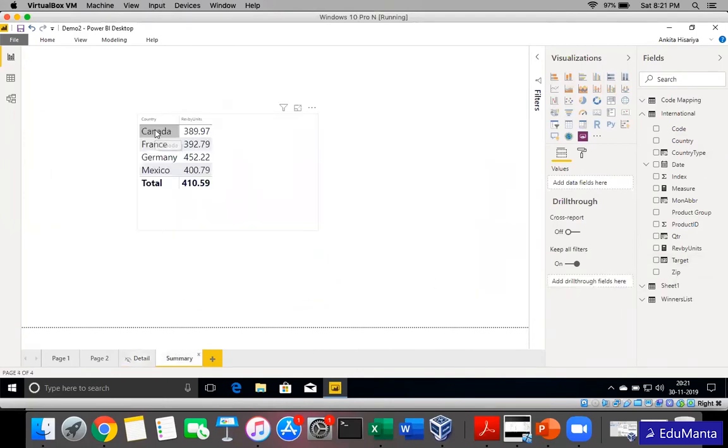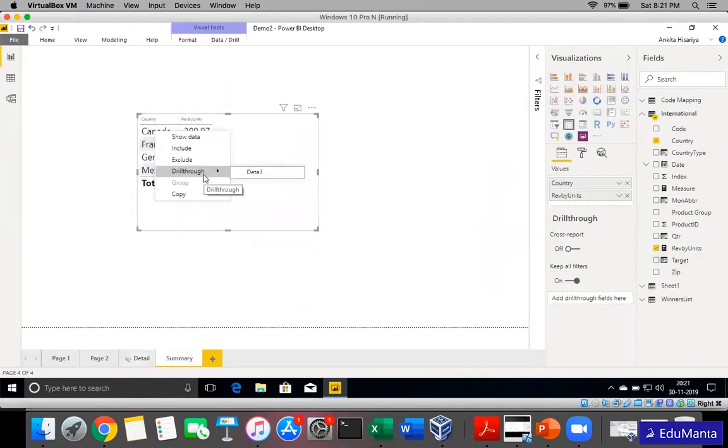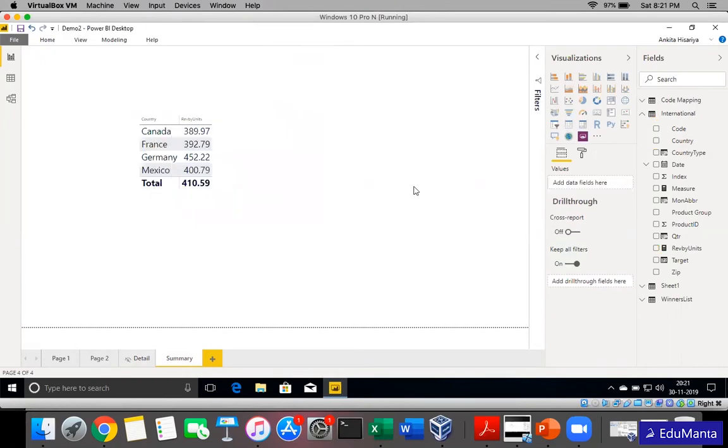Now you get an option. And since we have only one page where drill through is applied, we have only one page. Suppose you had multiple pages, maybe for country, we had one page having population detail, another page having revenue details, next page having some sales detail or some other thing, and we defined multiple pages specific to countries.